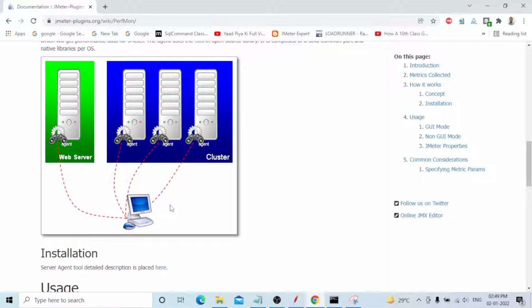You need to install the agent on your friend's system. Once the agent is installed, you set up all the tests and run the test in both, on the same Wi-Fi network, same plugin, same JMeter version. That is when you perform it. But now this is my local system, so I will install everything on my system only, and my system alone will perform the test. I will show you that also.